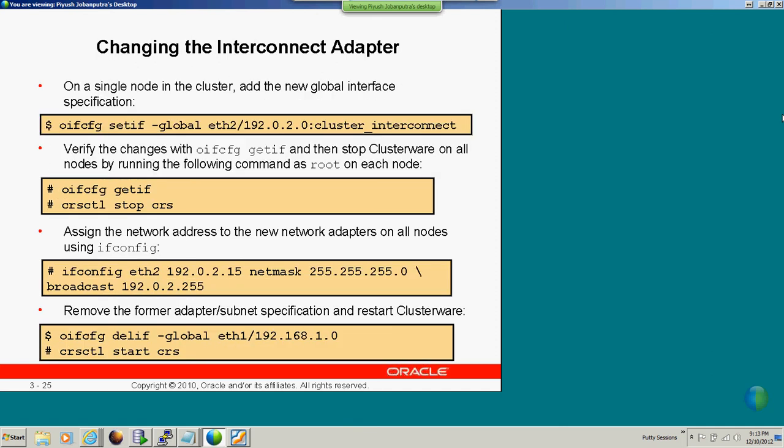The second thing is very important. Do you want to change the global interconnect? Suppose you find that there is a problem with a particular IP or a particular switch which you are using, and there is a different set of IPs which you need to use, then you can even change the global interconnect. So the command is